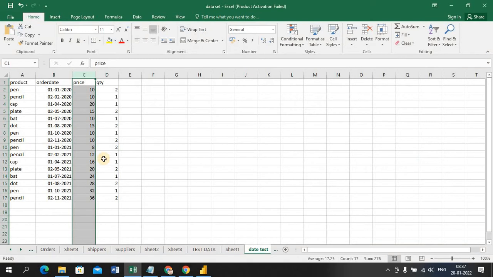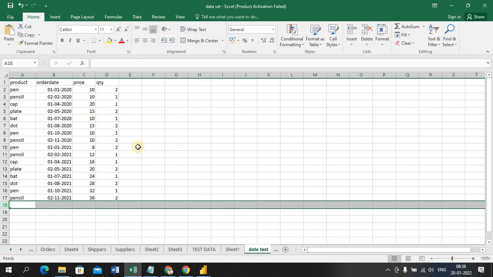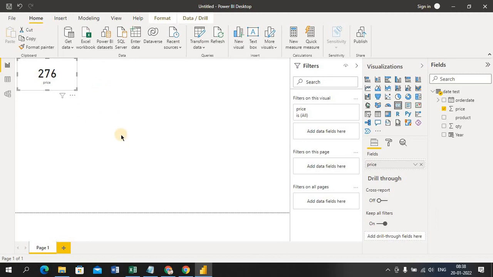Okay, the data should match with your visualization part, with your background data, then only your report is correct. Whatever you're showing like dummy things here, it doesn't mean your data is correct and your visualization is correct. You should match each and everything with your database and visualization, then only your report is working fine, else no.